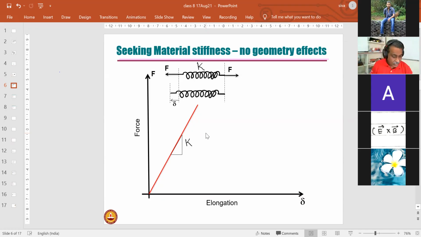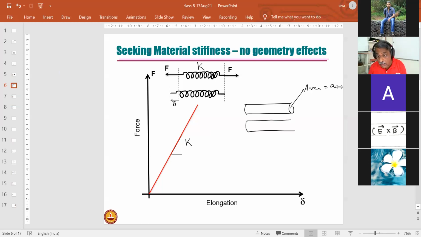Yes, Ayush. Twice the cross-section. Or in other words, if I have one rod like this, let's say this area is A, and another rod or another spring, I'm going to call this as material spring, same cross-sectional area A,